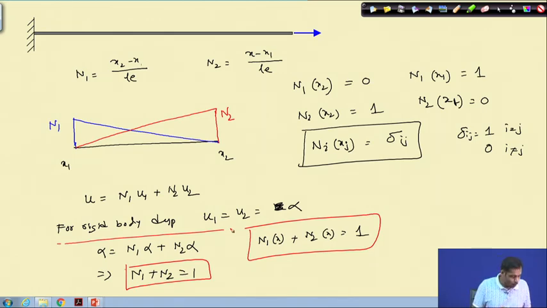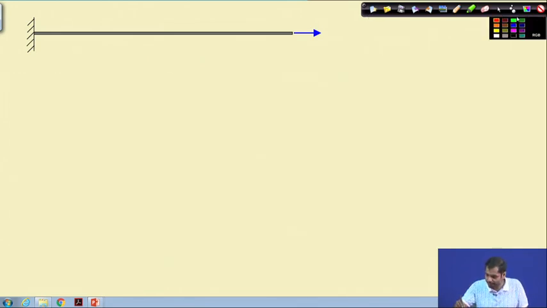Okay. Now, once we have the shape functions, if you recall, our objective is to find the stiffness of this element, right. Now, let us do that. So, now next is